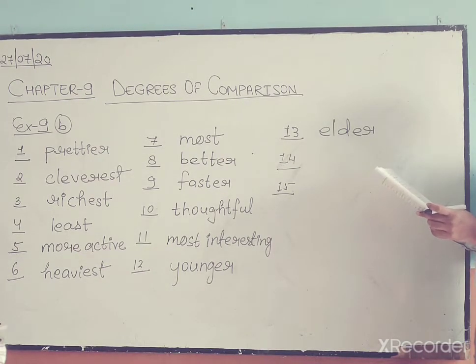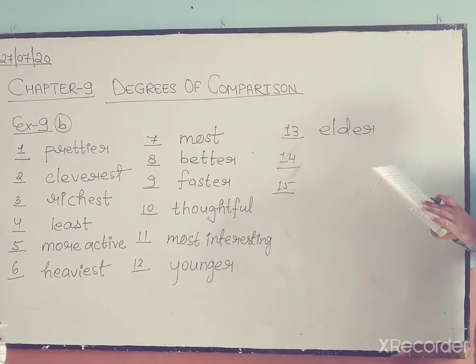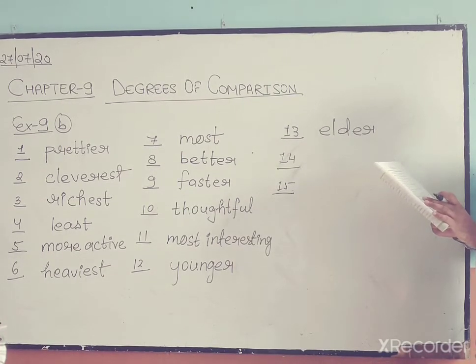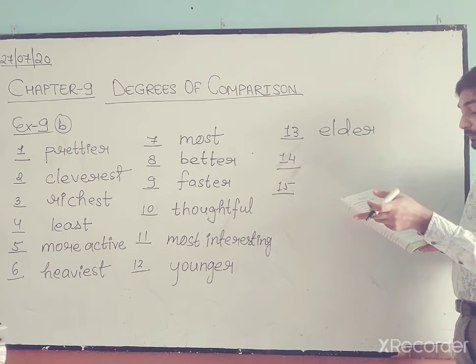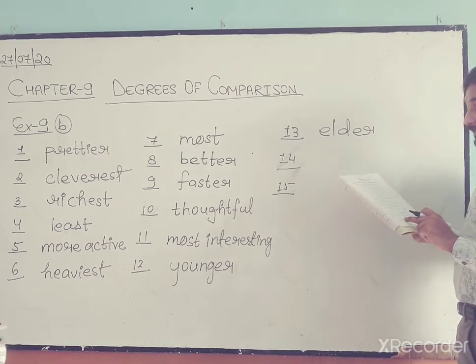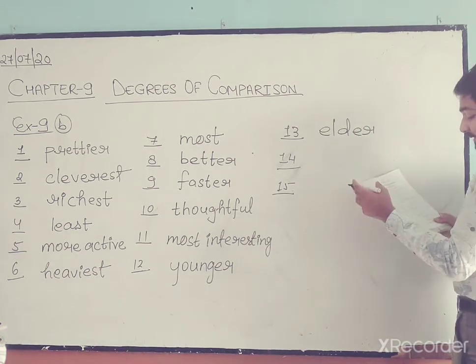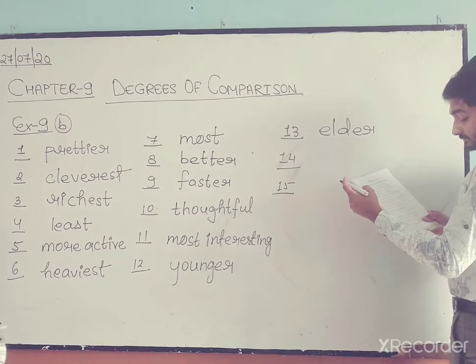Okay, next is number 14. Mr. Roy is the dash member of the club. पूरे club से Mr. Roy का comparison हो रहा है. That means superlative degree will come, and you can see that before blank there is the. That means eldest or oldest.